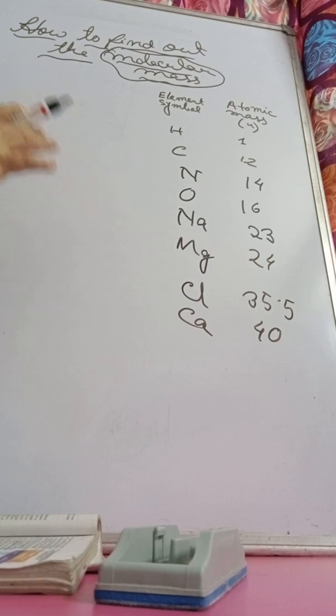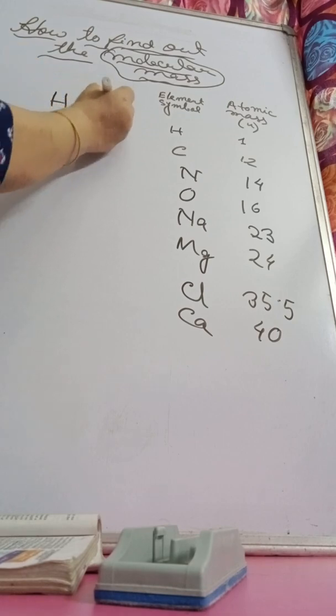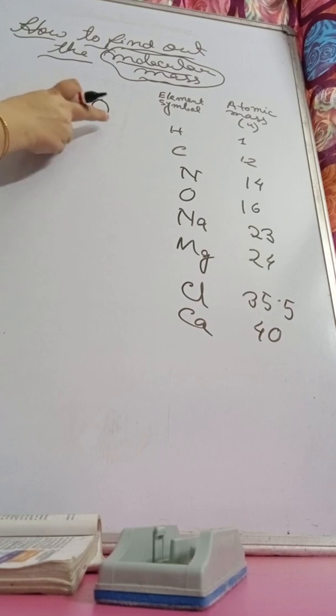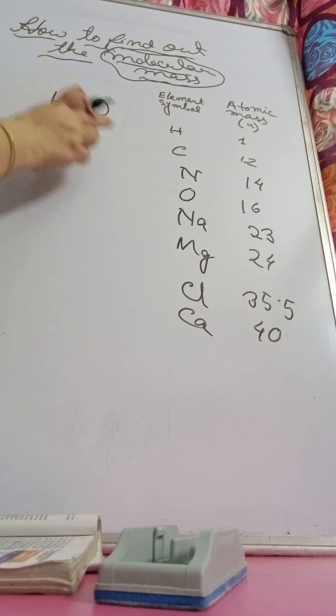To find out the molecular mass, now you should know which two types or more than two types of atoms of different elements constitute together to form that molecule. I am taking the simplest example, water. So this is the water molecule. From this formula you come to know that one molecule of water is formed by combining two hydrogen atoms and one oxygen atom. We know the atomic mass of hydrogen and oxygen. So how to find out the molecular mass of water now?